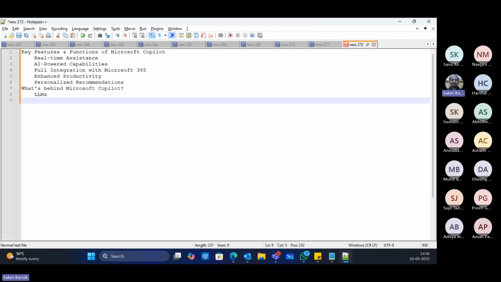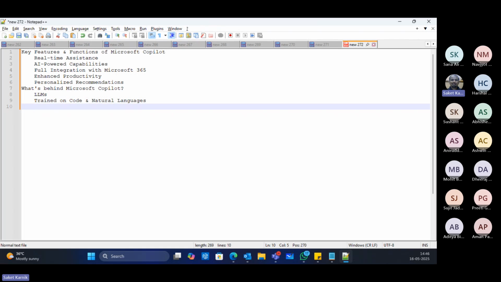That's how the LLM actually works, right? Let's put that here as well. Trained on code and natural languages, I will say, because now multiple languages are also getting added to it, right? You can use any language of your choice. If the language is not available as of today, it will be available in coming days, right? The language support is also enhancing.